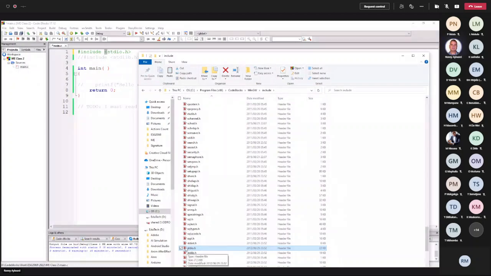So what's going to happen is our compiler is going to include all of the code which is in this file into our program. It's as if it's typing all of that information before my program here. So what is inside of this? Let's just quickly have a look.